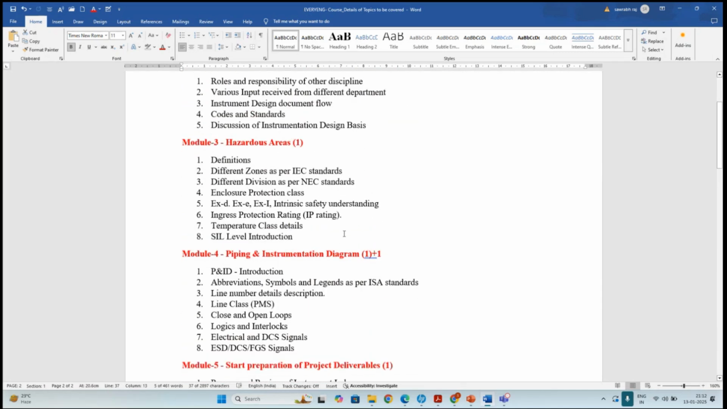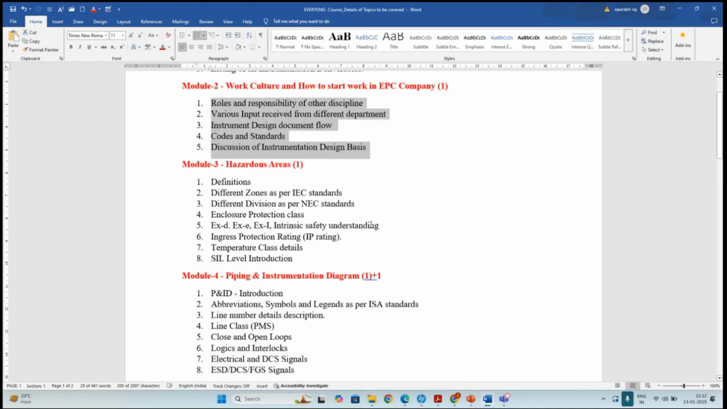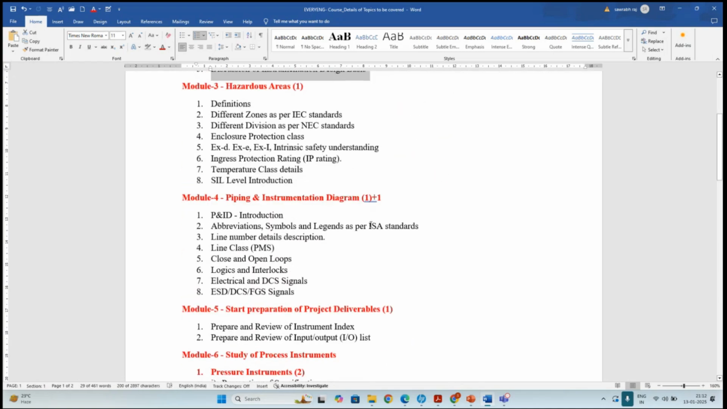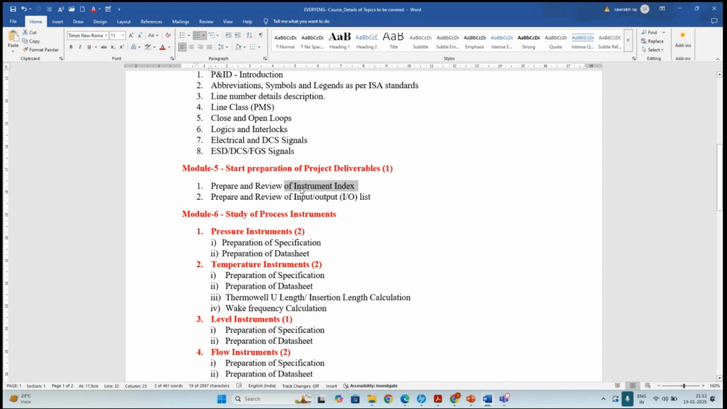Now, the things which we will cover in those sections, we will cover in those sections only. Like once we prepare the instrument index, let us take an example. Once I show you the instrument index, some terms come from the other things also. Like what are the things that will come in the instrument index column, it might be